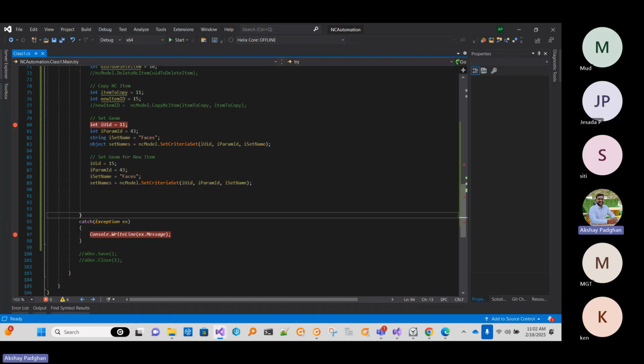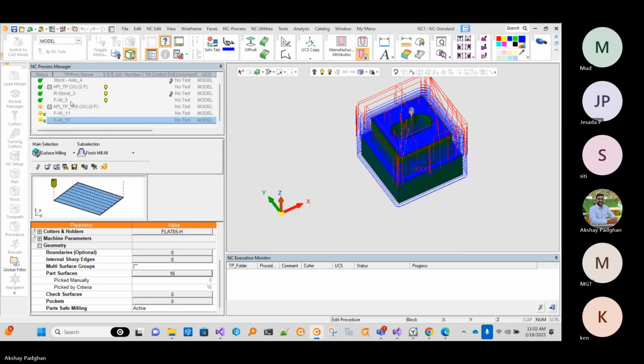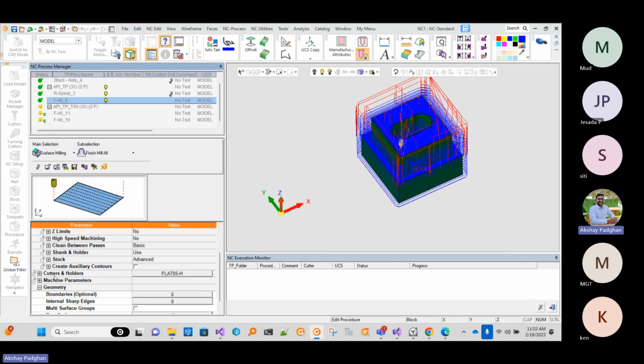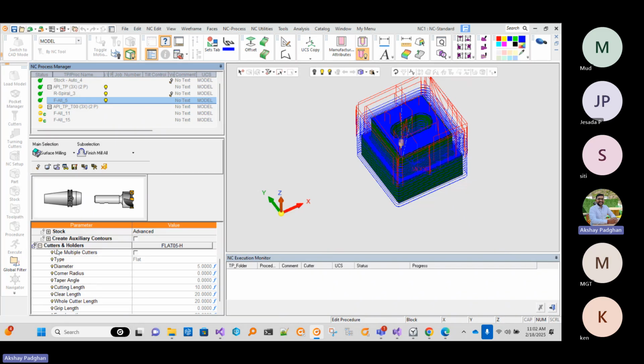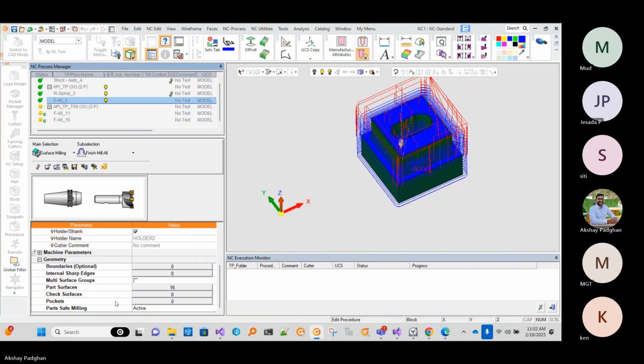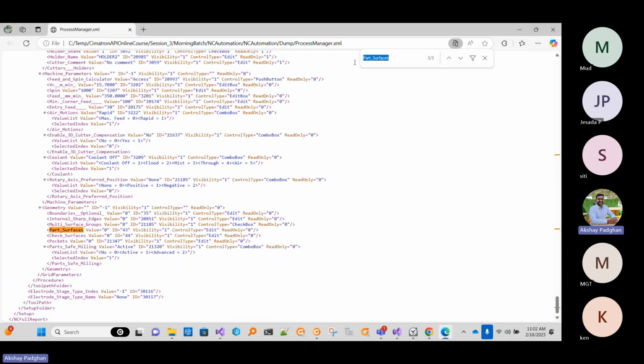Okay, so before going ahead, maybe we can change the cutter, and then we can execute all NC procedures. So where do we have to change the cutter? This is 5. Okay, we have to execute. I open it. Right now for 5, the cutter name is flat 05. If I expand this and search for the cutter in the XML, you can see